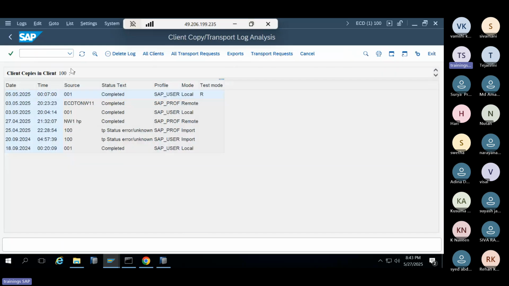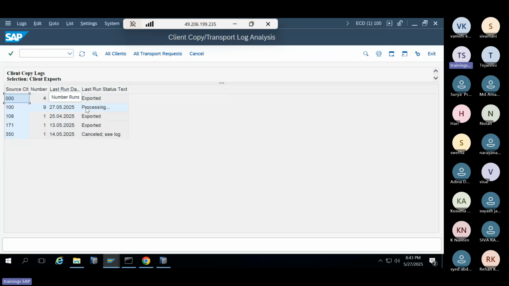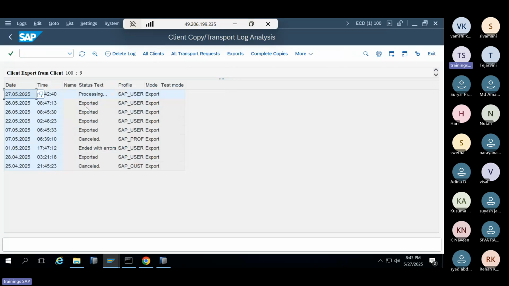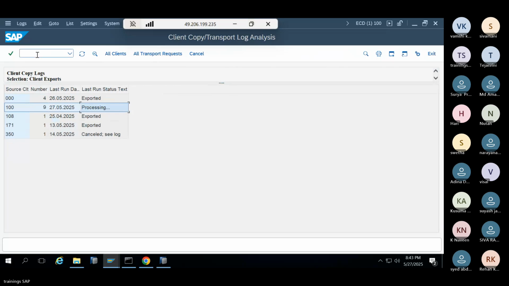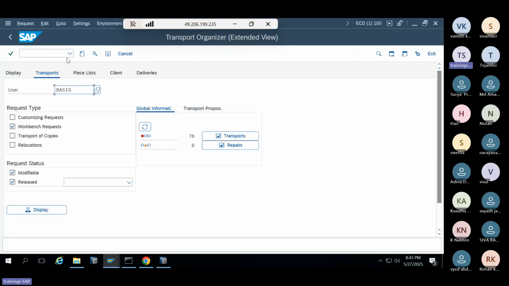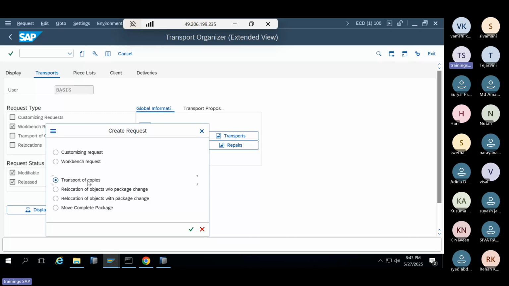You have to complete this one here, right? So it's processing. The data is getting exported here. Then RFC tables, create a transport of copies. Normally we discussed this during the transport administration topic. So creation of the customizing request, workbench request, transport of copies. So transport of copies dedicated for the